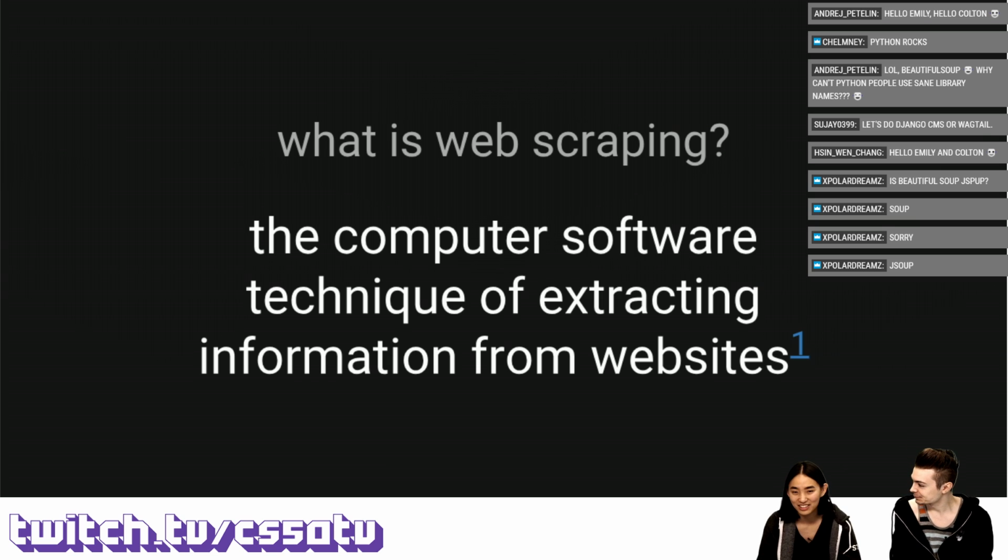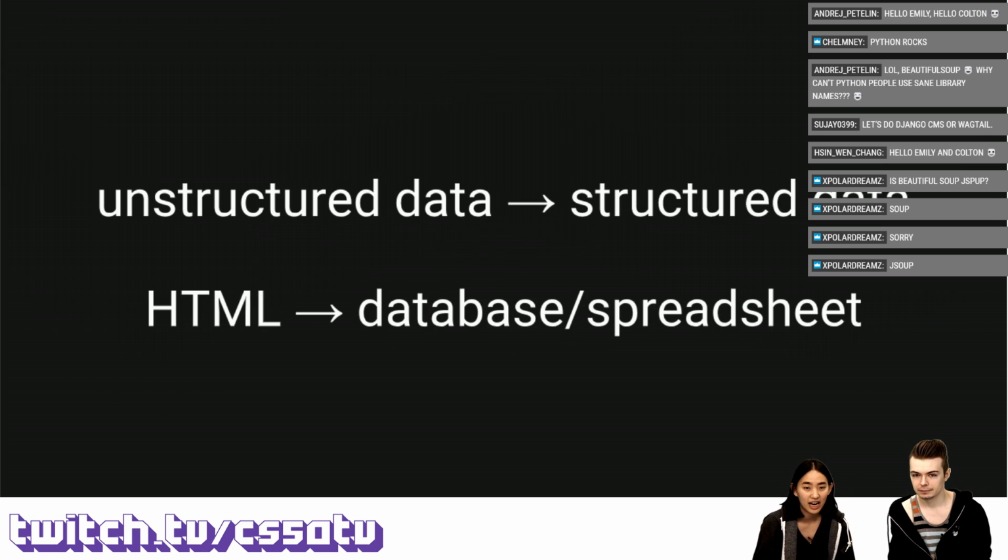All right. Generically, web scraping is the idea of using computer software or code to extract information from websites, and that's any website that you as a user could access normally. And so the idea with